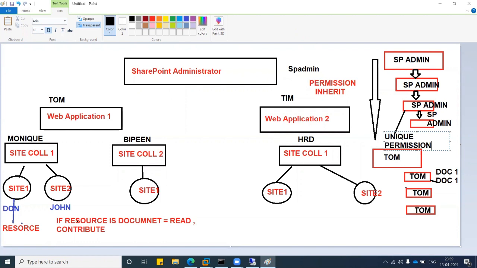And when we say unique permission, it means that whatever permission I have on the top is not going to impact me, that is not going to be flowed on to me. So that is the reason why